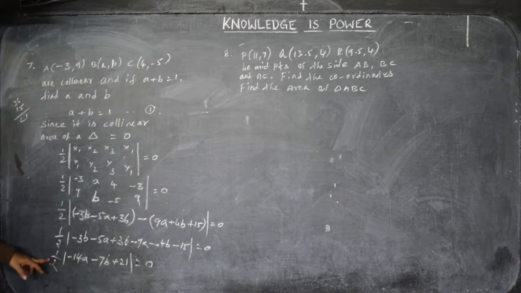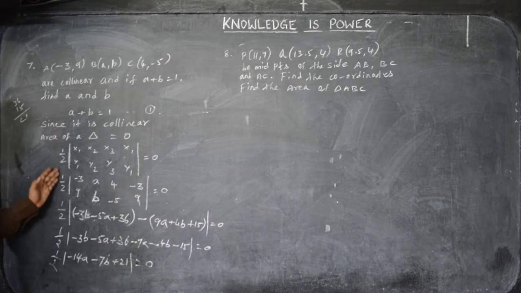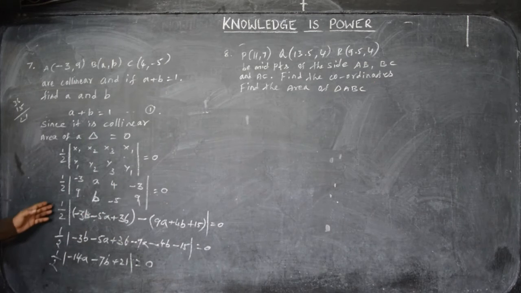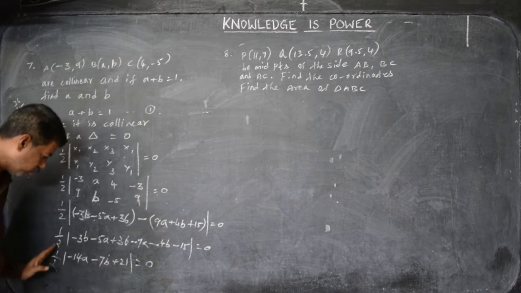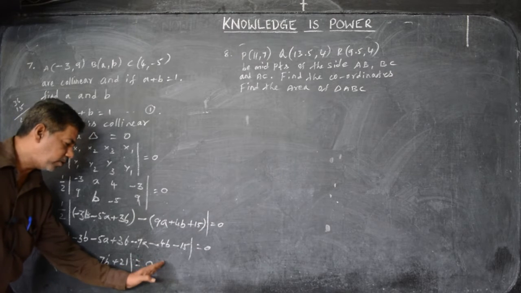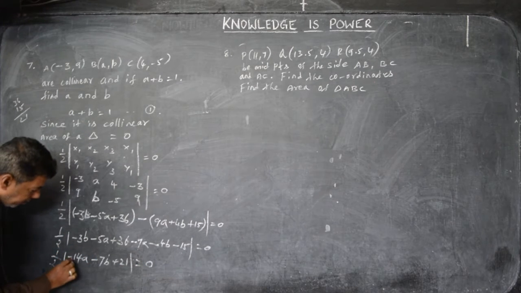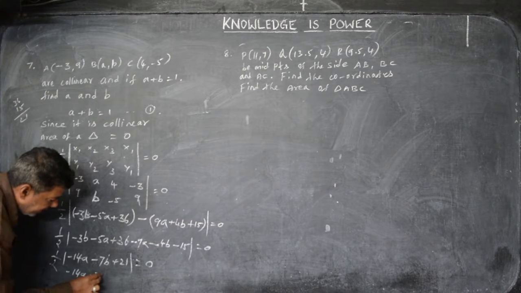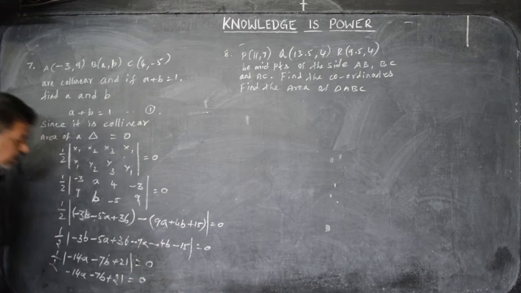Now this half is going here. In the previous class itself I told this will go and multiply with 0. Here also we can possibly do this. There is no need to write it here. If this half goes here, what will it become? It becomes 0. Okay, so even though I write it, no problem. So half will go to the opposite side, 0 into half will be 0. Now what is balanced here? Minus 14a minus 7b plus 21 is equal to 0.